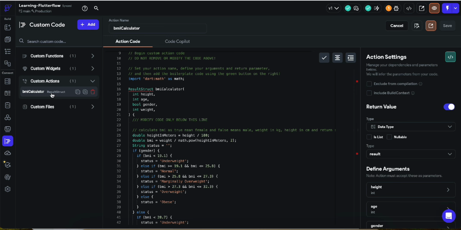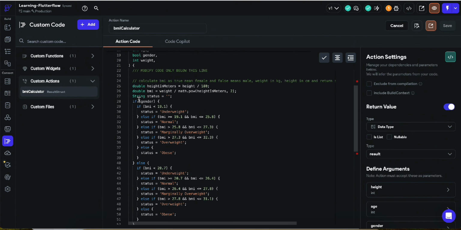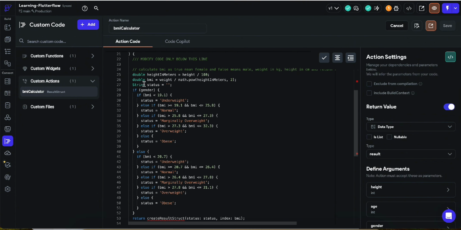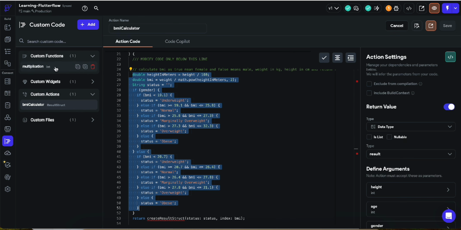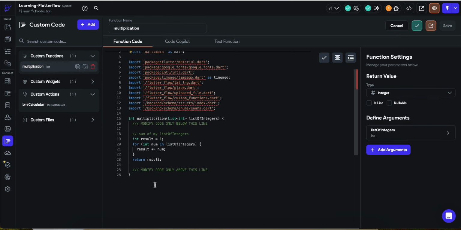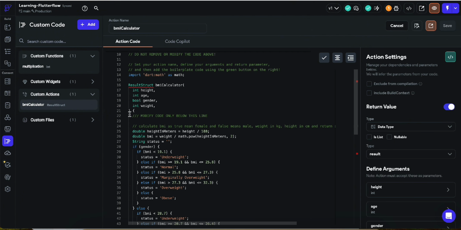So why are custom actions used? Because it's just like what we are doing in the custom function. In the custom function, we can simply write this code as well. There isn't any issue. So why is there a need for a custom action? Why do we use custom actions and not a custom function? Why do we use custom functions and custom actions separately? So the thing is that